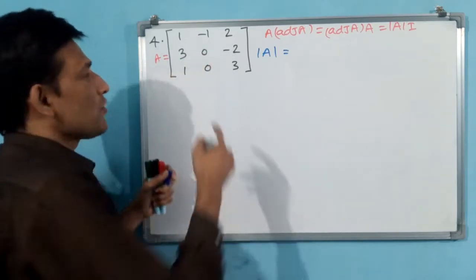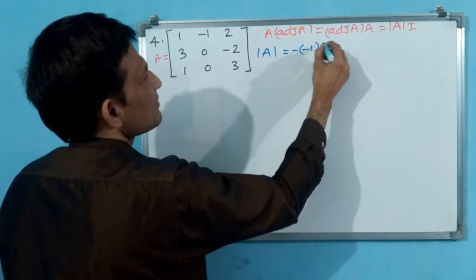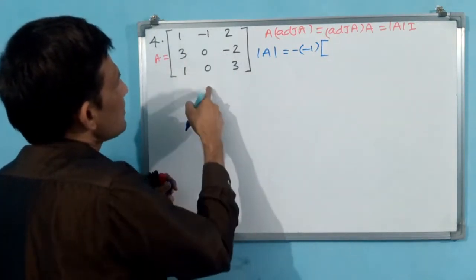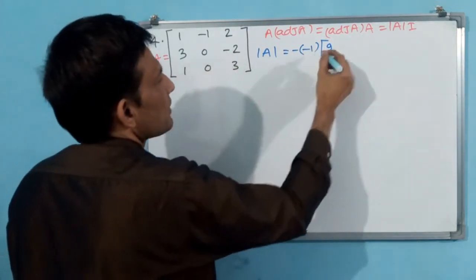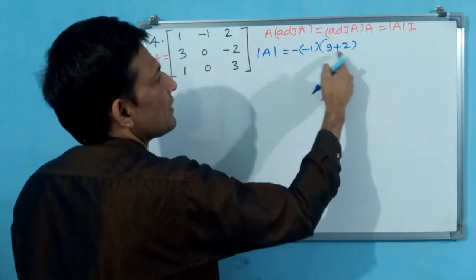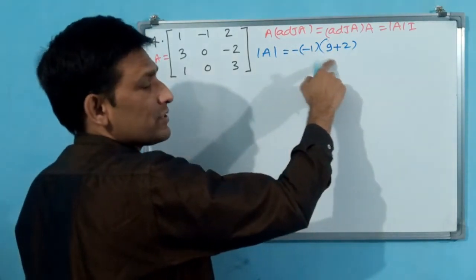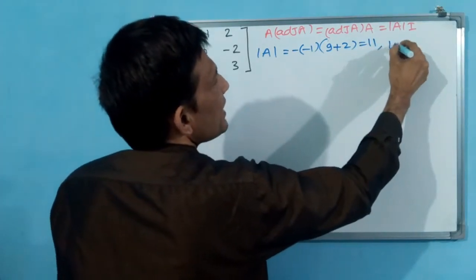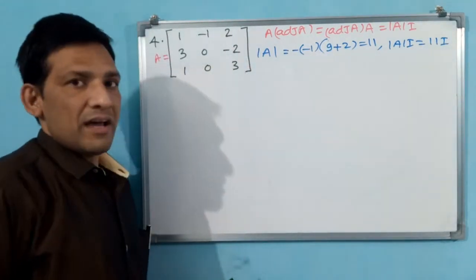See, minus 1, how are you going to take? Plus, minus, plus. That means this is minus. Minus of minus 1 into, okay, determinant we are finding. If you close this minus 1 row and column, then 9, okay, minus of minus 2 plus 2. That means it is going to become 11. 11 minus of minus, plus 1 it has become. That means here nothing is there. With 1 we have to multiply 11. That is equal to A, 11. That means finally determinant A into I is equal to 11I. Okay. 11I has to come.